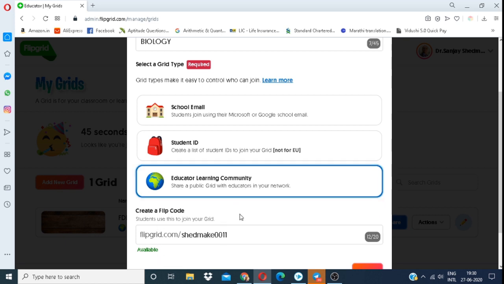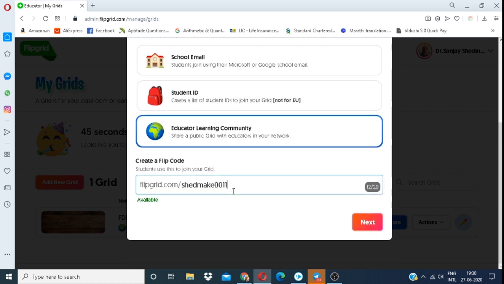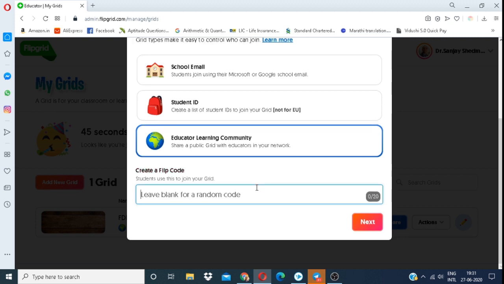Over here you can see there is a flip code. This code is the one that your students can use to sign in to this platform without actually having to sign up. So you can either copy paste this or you can make your own code. I'm going to make my own code.